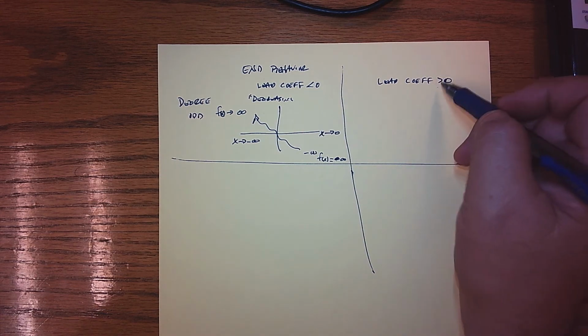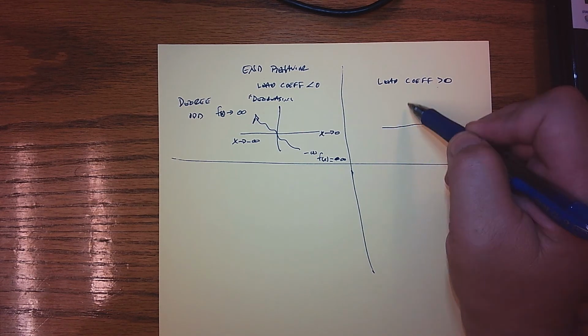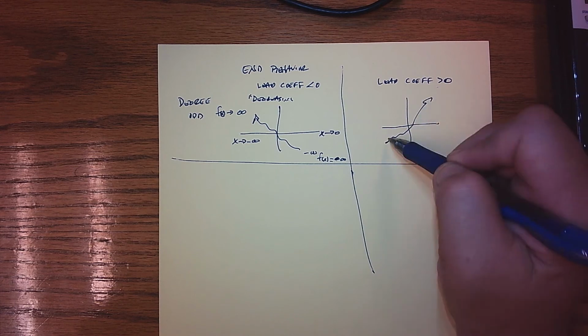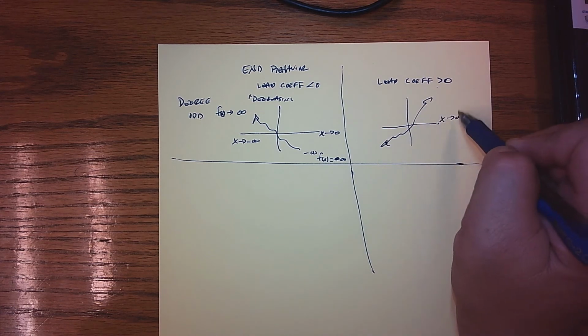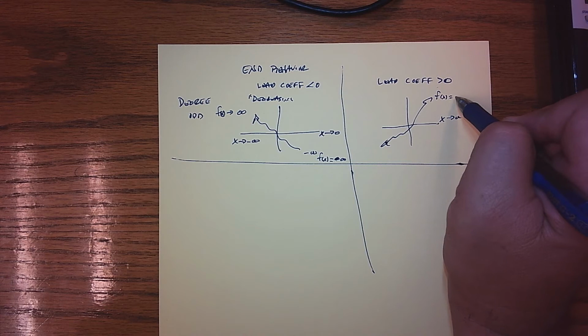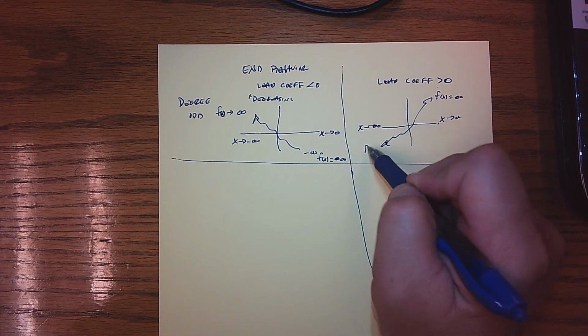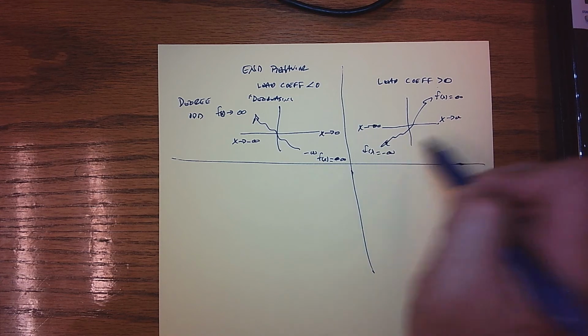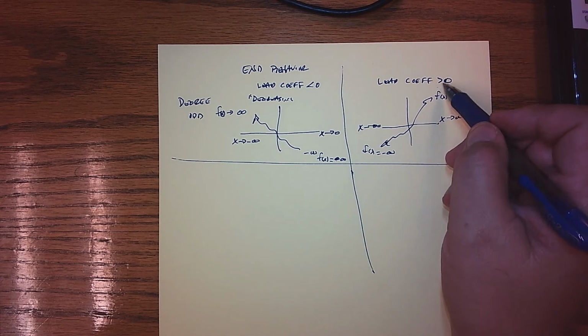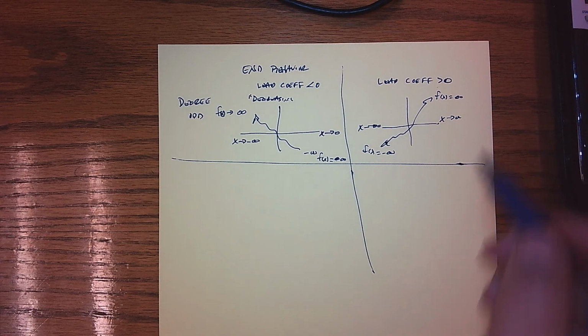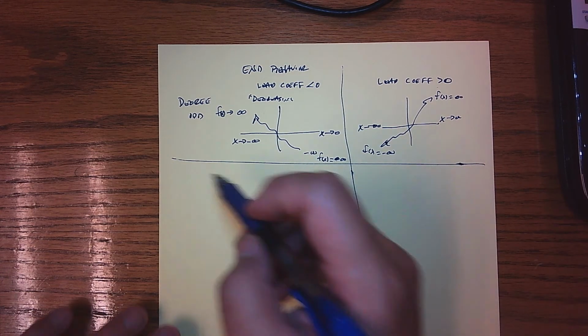And then if the lead coefficient is positive, that means that my graph is generally on the way up. So as x goes to infinity, f of x also goes to infinity. As x goes to negative infinity, f of x also goes to negative infinity. So it's generally on the way up. It's increasing. Okay? And then with regard to an even degree,